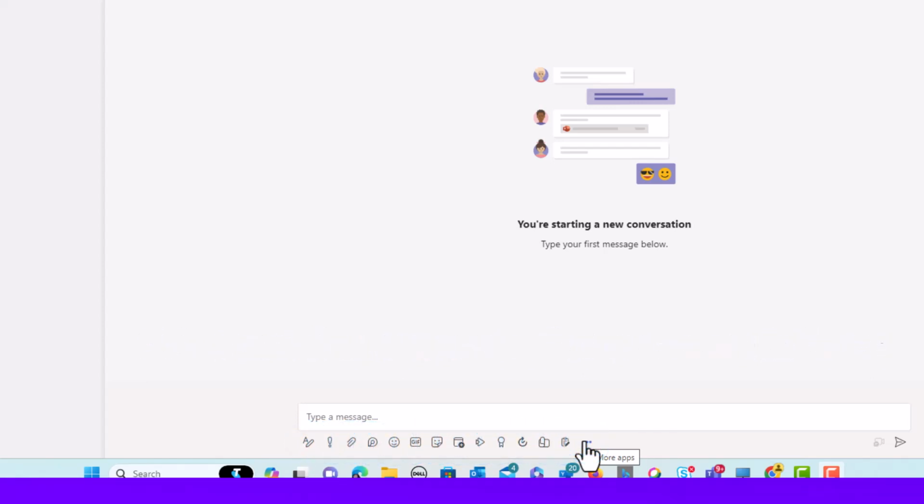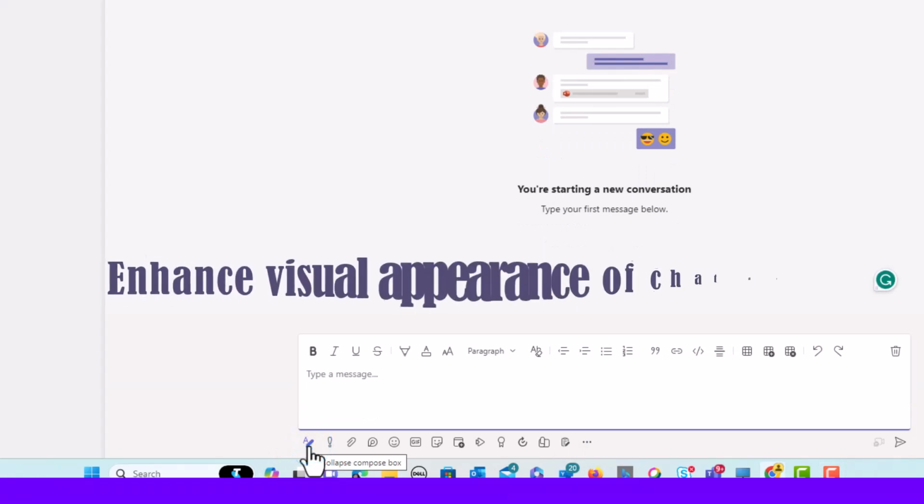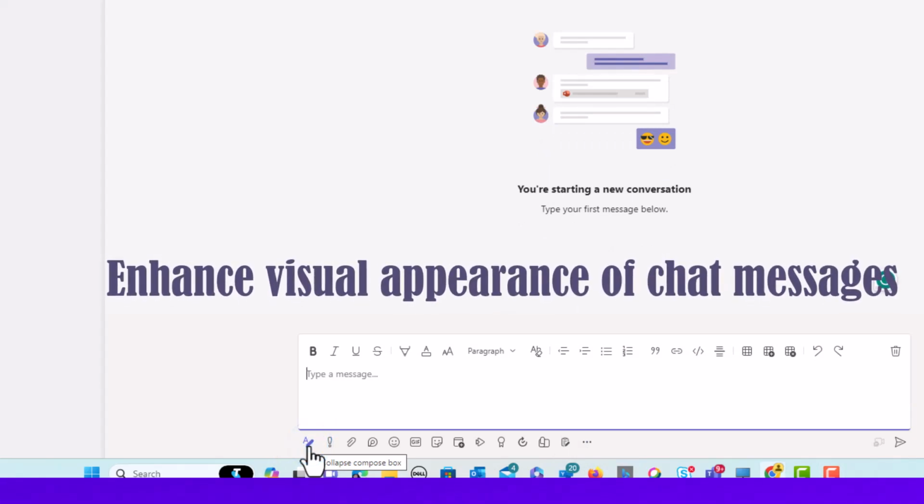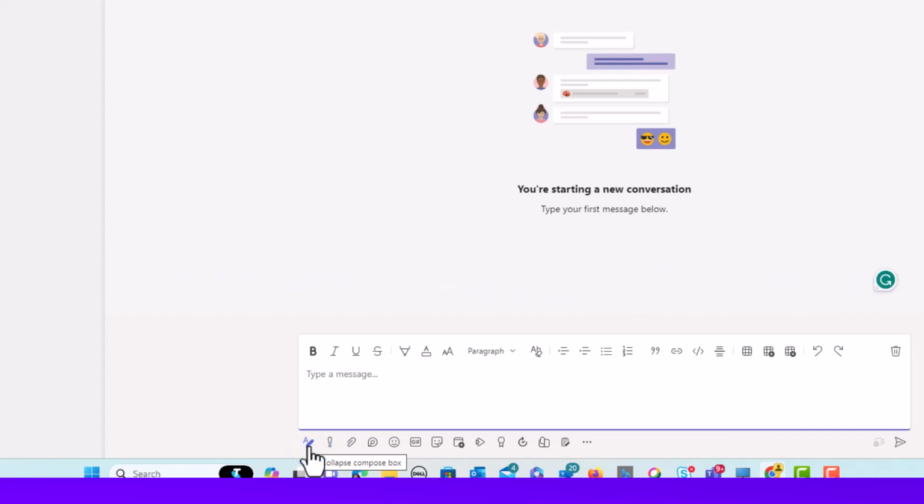Let's go through these. First, the format option. This allows users to enhance the visual appearance of their messages, making communications more effective and engaging. It lets you add emphasis to your messages with bold, italics, or even bullet points, making important points stand out